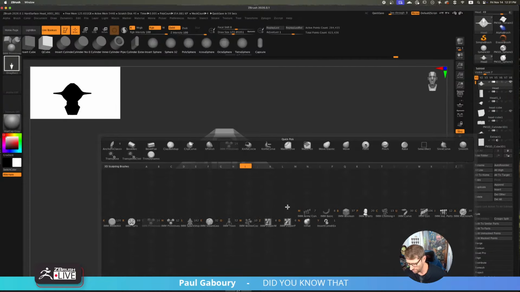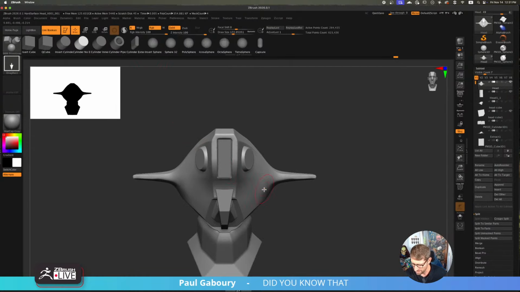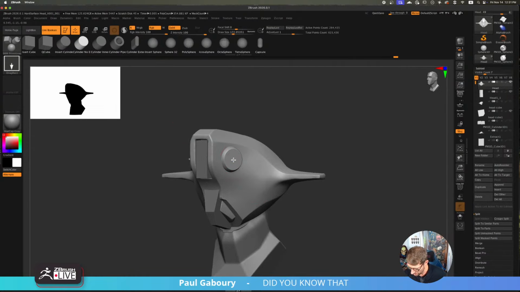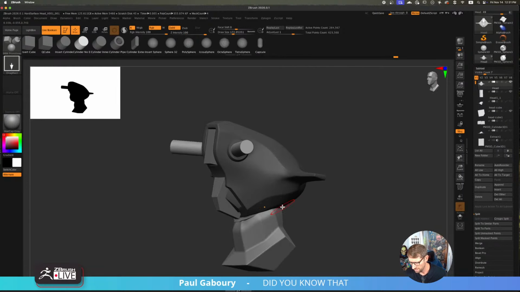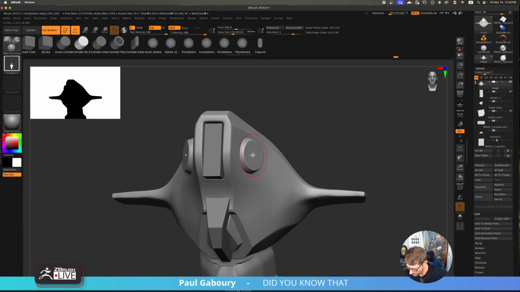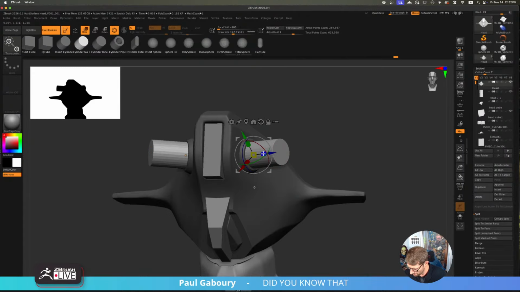Let's just real quick do an experiment. Let's grab a cylinder and draw a cylinder off this. Is it going to look weird silhouette-wise? Maybe not so much. Maybe just a little bit of one. Let's turn our local symmetry and dynamic off.